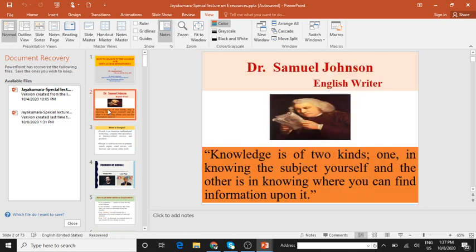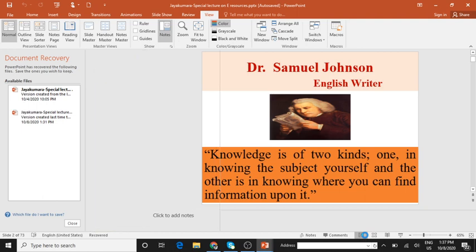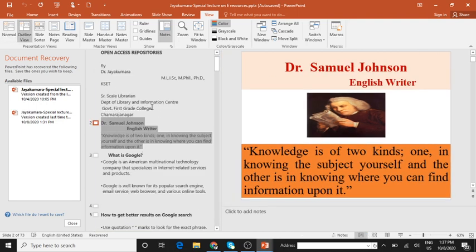How to select it? Click the button in the bottom right corner or choose View and Normal. Bottom right corner, can you see this? This is the normal view. Here also you can choose. You can see the slides in the normal view. Each slide is numbered 1, 2.